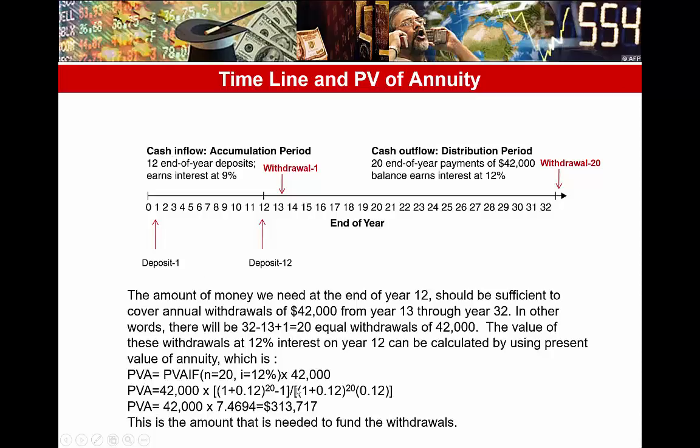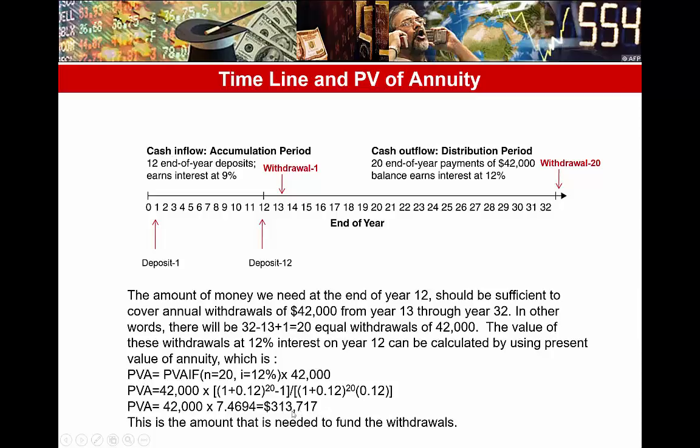So now that we know $313,717 is needed at the end of year 12, we can calculate the amount of deposits that the company has to make to accumulate this amount. If we assume that the amount that is going to be deposited is A, this will look like a future value of annuity problem. So there will be 12 A's deposited, which are going to accumulate to